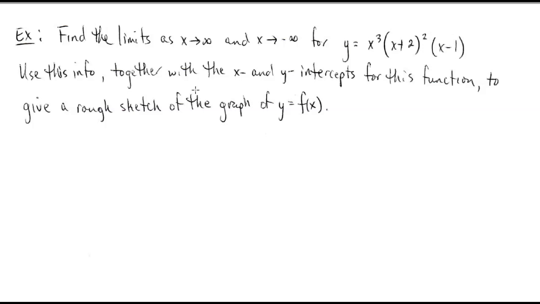Okay, so if you solve this particular problem in a pre-cal course, it would basically say use what you know about the x-intercepts, multiplicity of the zeros, and end behavior and degree of this polynomial to be able to draw a graph of it. Okay? And so the end behavior portion of it, we're just going to use limits to be able to do that. Okay. Now, if I take the limit of this particular function as x approaches infinity,